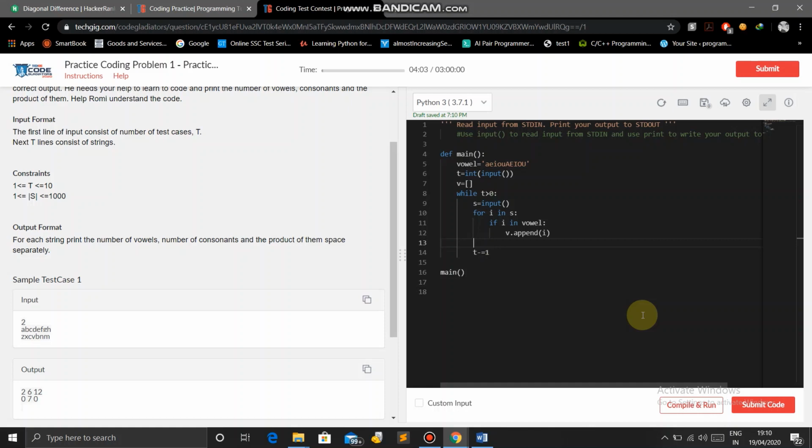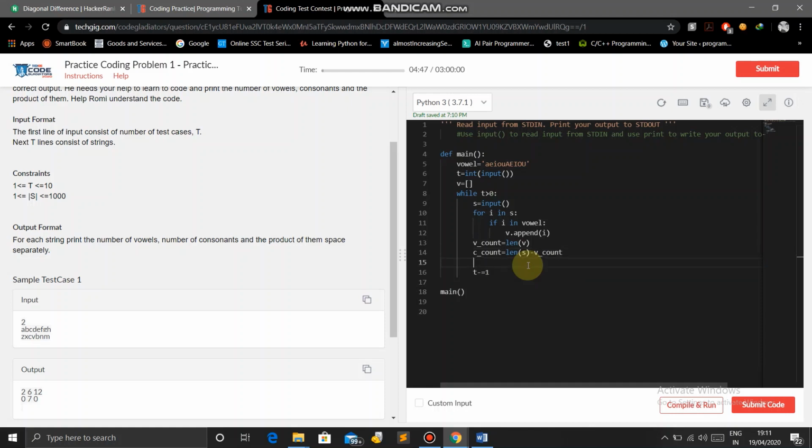Now let's find the v count. V count is equal to the length of v, and C count, that will be the consonant count, is equal to the length of S minus V count.